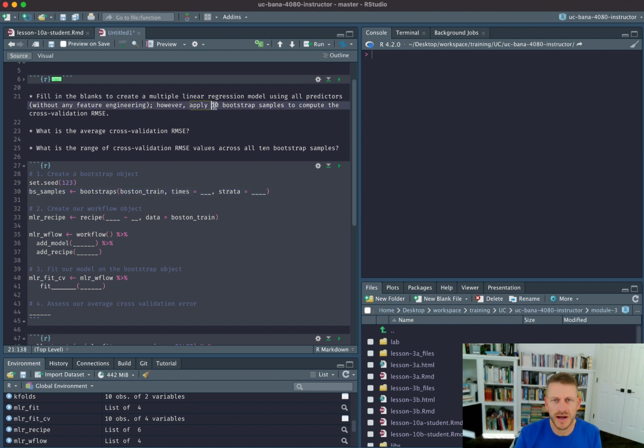and it says apply 10 Bootstrap samples. So I want to go ahead and use 10 there, and we're going to stratify by our response variable, CMEDV. All right, so now we need to create our workflow object. Again, that is CMEDV is a function of all predictor variables, and then we can go ahead and create a workflow object, and